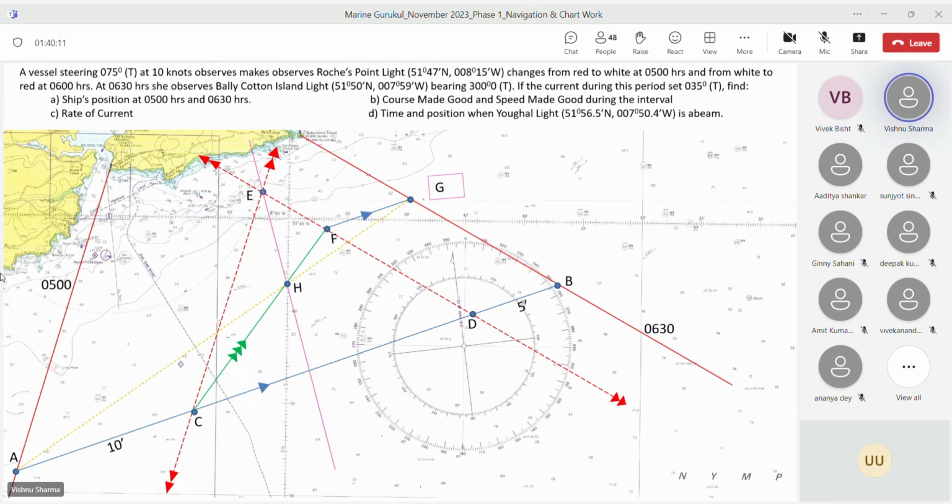And now draw the second PL, and you get the fix at the time of second PL, the 0600 fix. I think now you are finding it all simplified, correct, beta? Yes, sir. Okay. So up to the 6 o'clock fix, everybody is fine. Now we continue from there. Draw the set through the 6 o'clock fix. So put your ruler on 035, bring it to this fix and draw between the transferred PLs. Draw between the transferred PLs through the 6 o'clock fix.